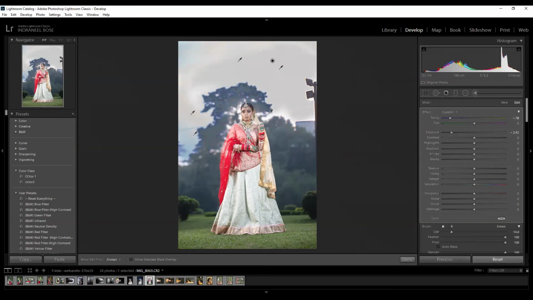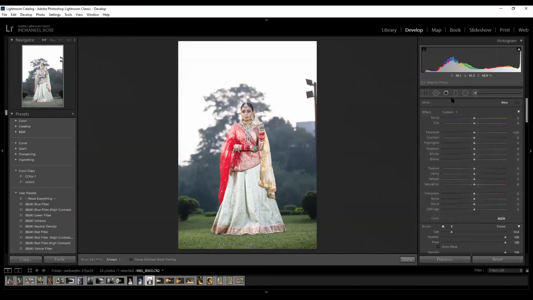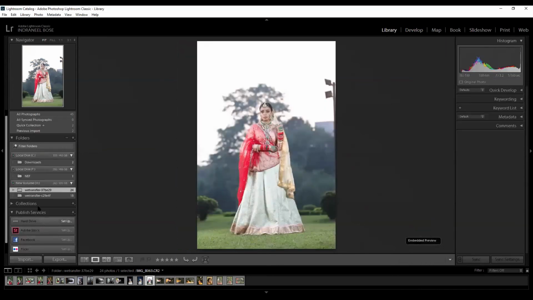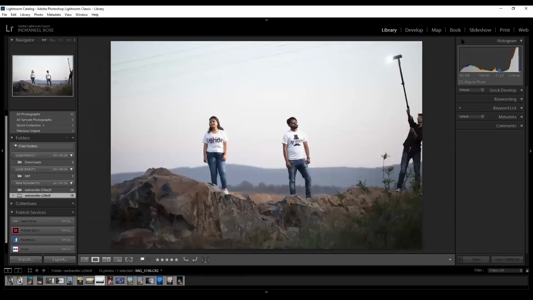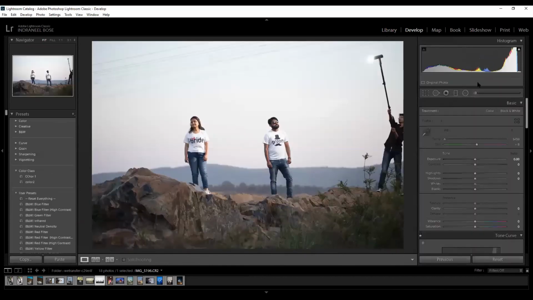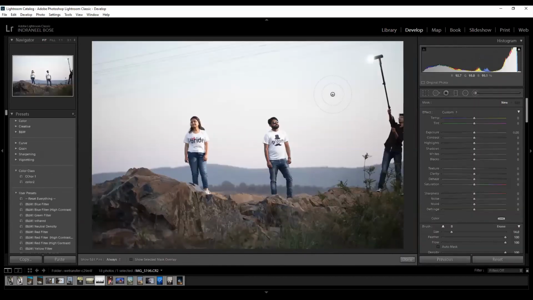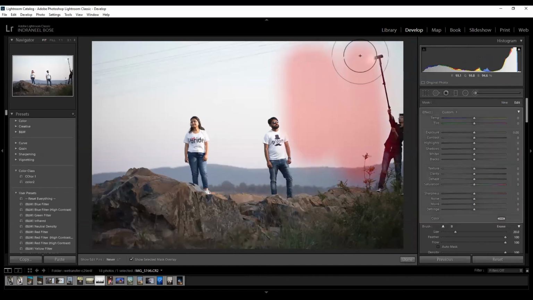Because there is no information for that image to work on. Now I will show you one more image, and you will get an idea. Now understand this. You will see this is a similar kind of image, but you have to understand one thing: there is quite a bit of information in this image, so it can easily put in a color.